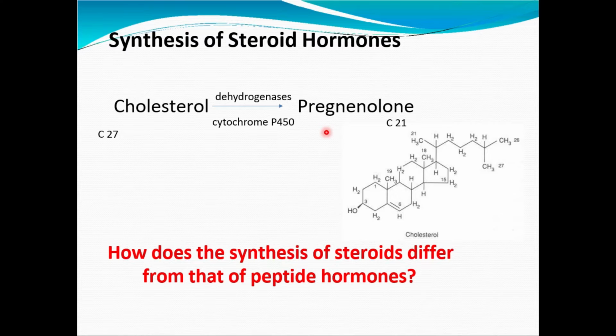For example, as a result, what happens? There are far fewer different types of steroid than peptide hormones. It means that there are many peptide hormones as compared to steroid. There are only certain steroid hormones which are present in our body. So steroid hormone structures are the same from species to species and they do not differ a lot.